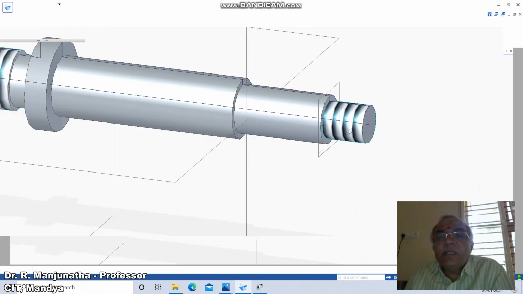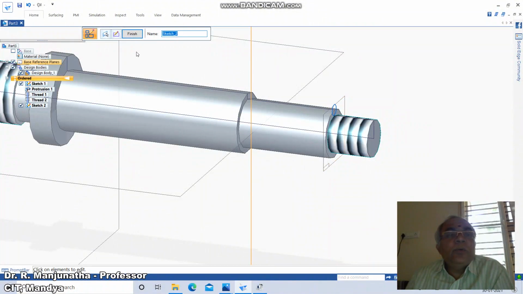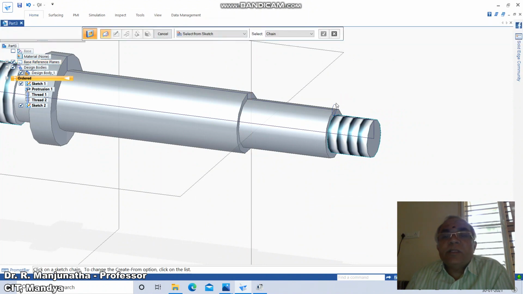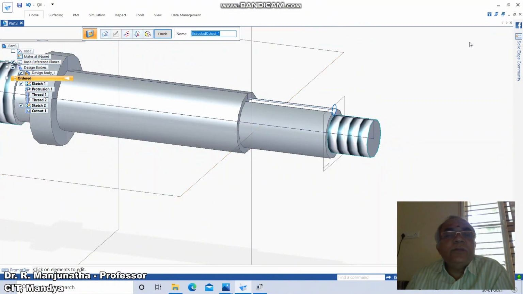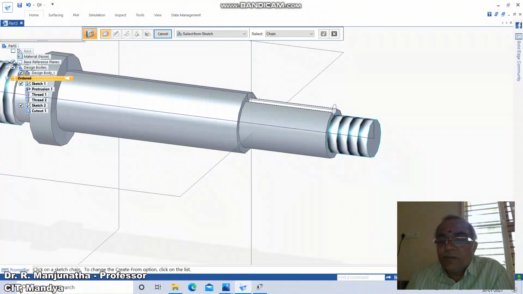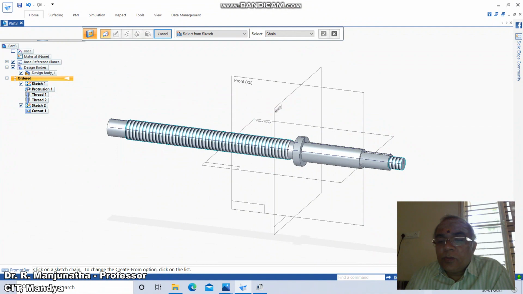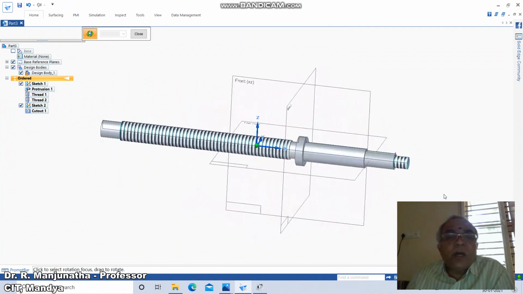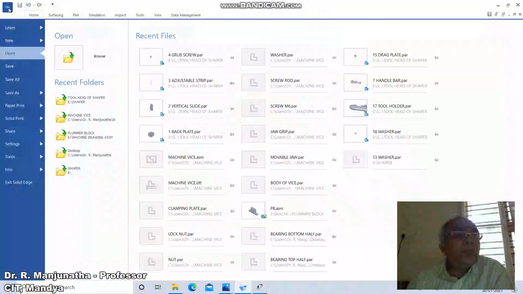Now I have created the sketch here, and then go to Home, click on Cut, click on this sketch, accept, OK. Come down to From-To Extend, right click, and till here you need to create a hole, then go to Finish, and then go to Fit. So now this is how you will be able to create this screw rod.